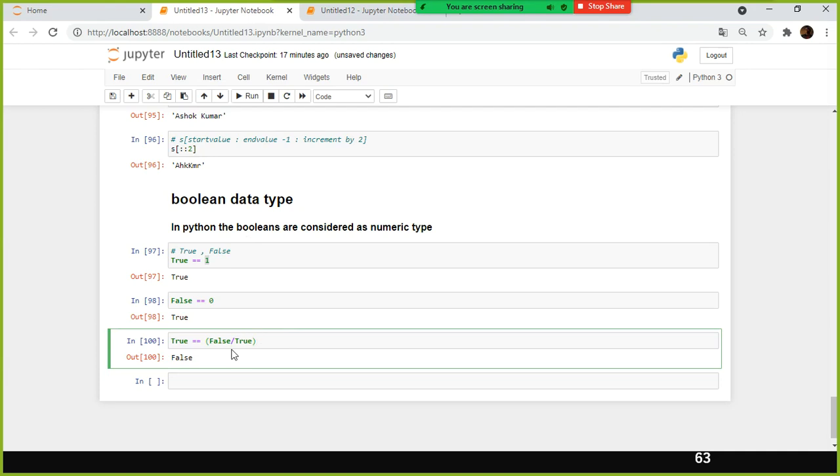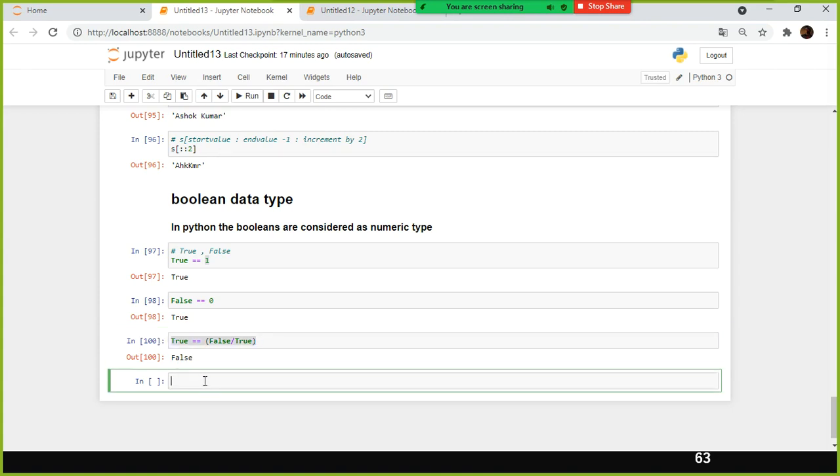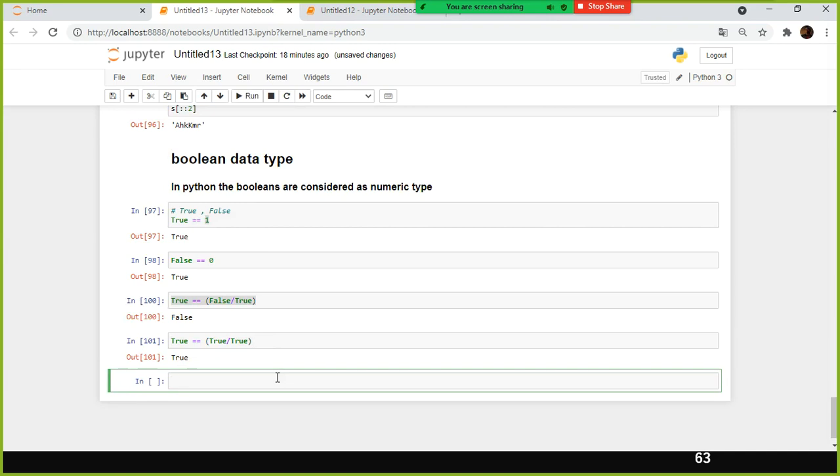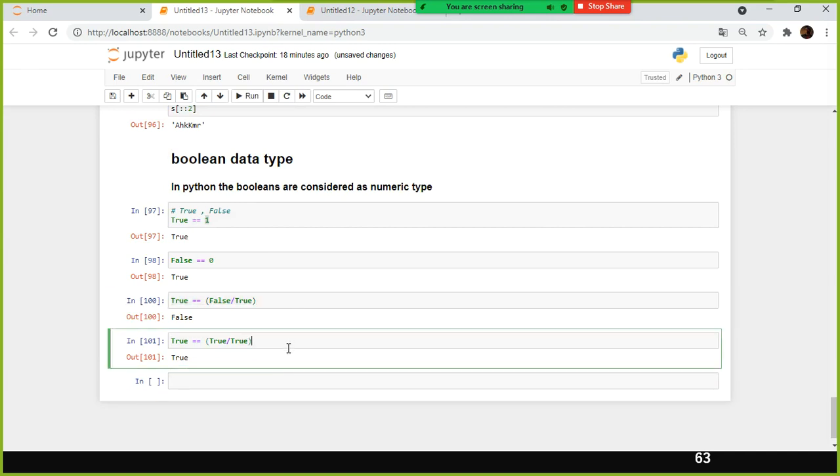Hence True is not equal to False. 0 divided by 1 is 0 only, so this expression returns False. Now I am going to say True here. True divided by True will return True only, right? So that is what it says.